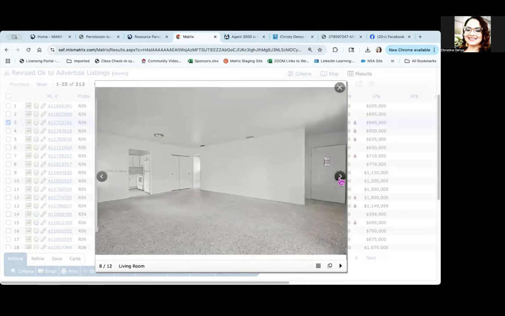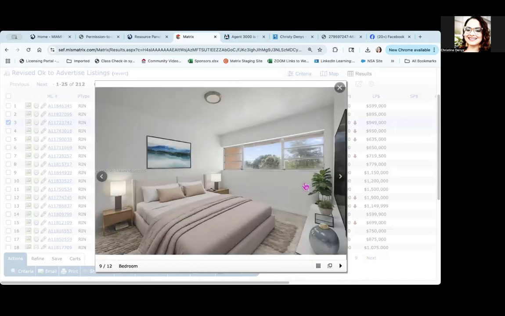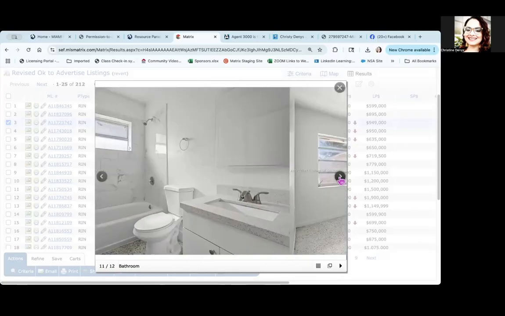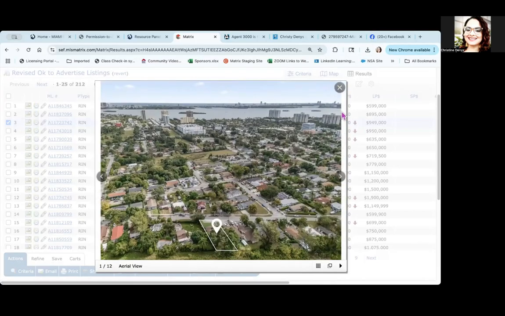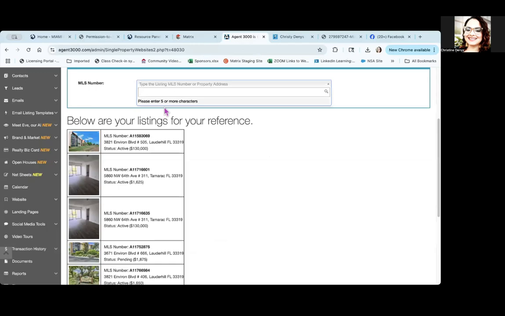Not initially, but it looked like they used some virtual staging here to zhuzh up the room. And I'd like to advertise it. So this is available on 11330 Peachtree Drive. It's a triplex and they just lowered the price. So this is something I can advertise. I'm going to select, copy, move into Agent 3000,